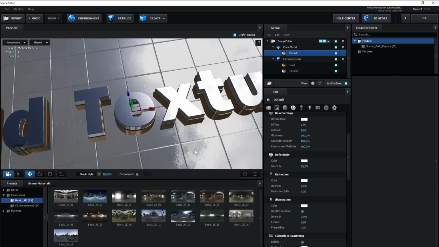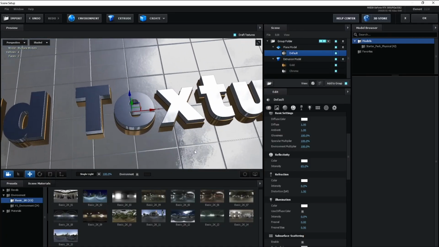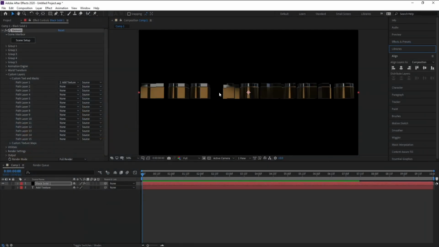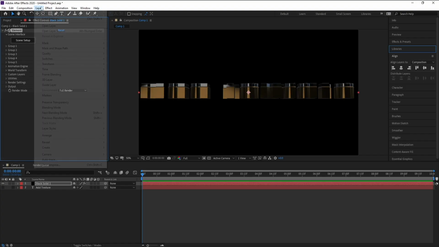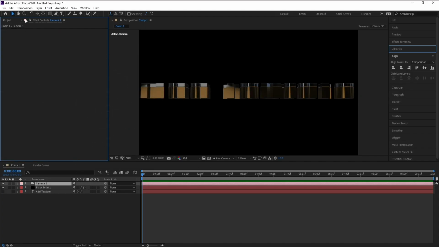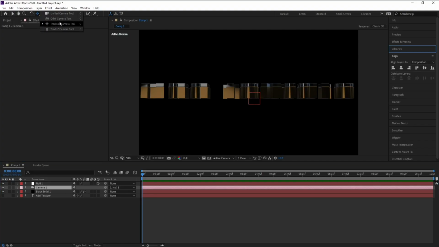Okay, I think it looks good to me. So now press OK and see. I'll go to layer and I'll add a new camera. Also go to layer and I'll add a new null object, make the null object 3D, and I'll parent the camera with the null object. Then I'll go to camera and I'll go to the orbit camera tool to